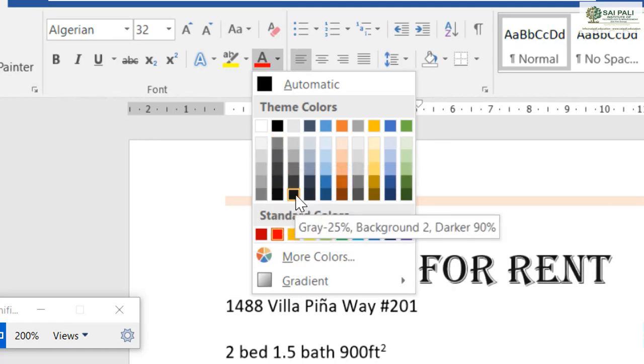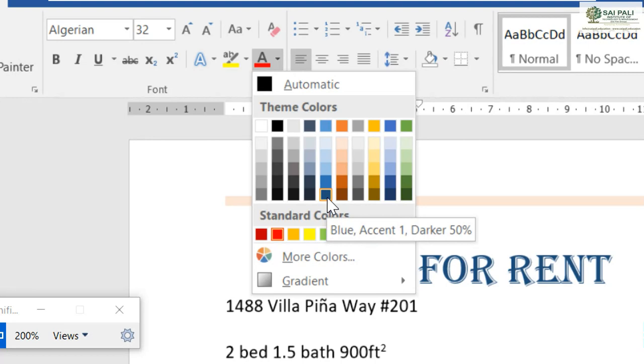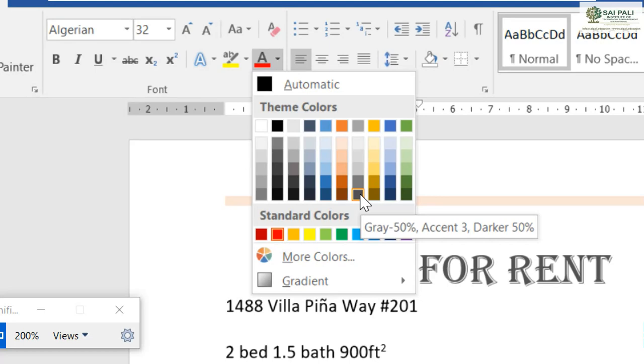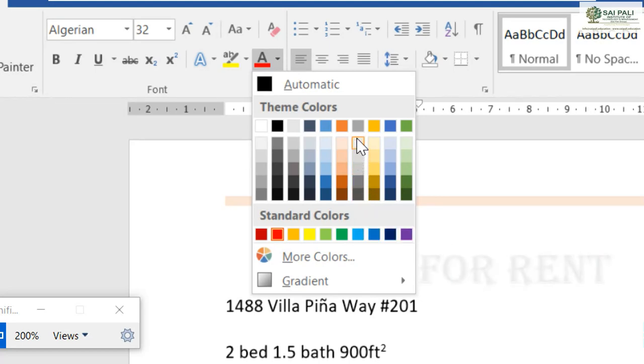These are other colors, this is gray color shades, this is blue gray, this is blue, this is orange color shade, this is gray color shade. You can see these are shades of those colors, and these are those colors.